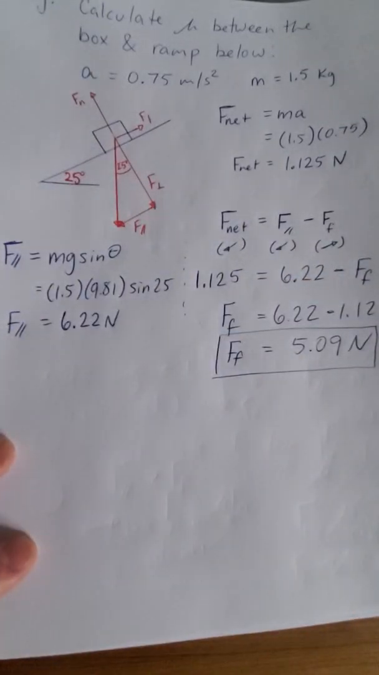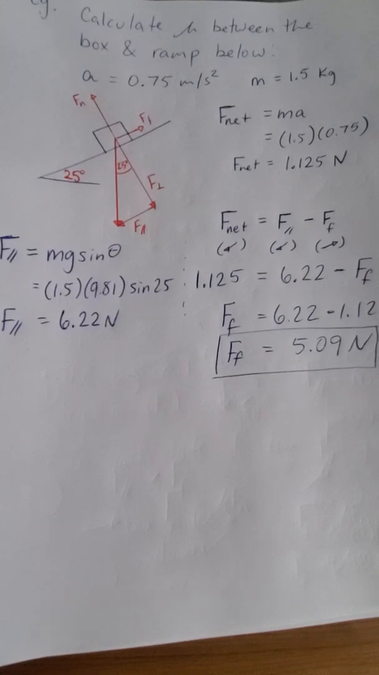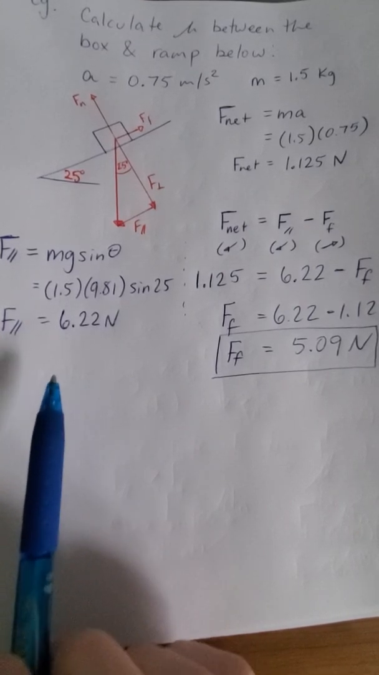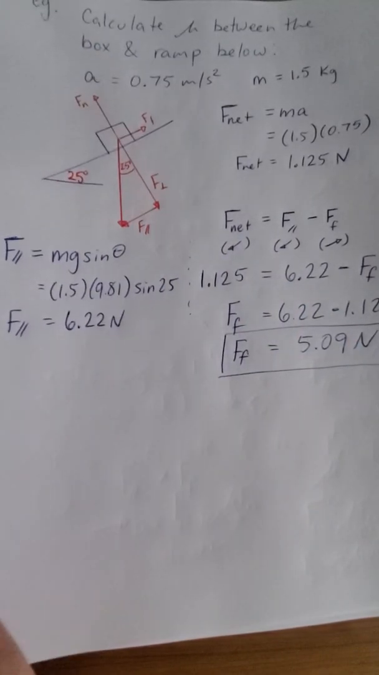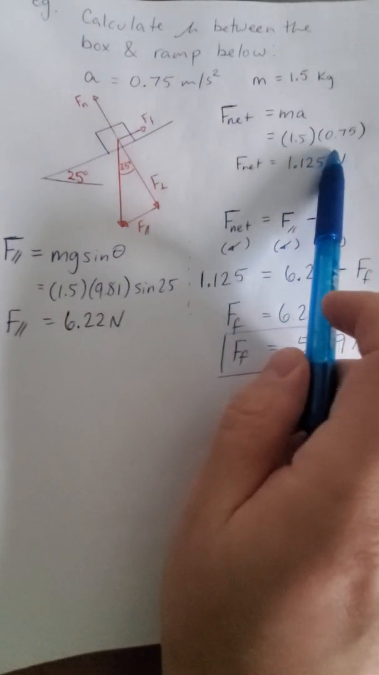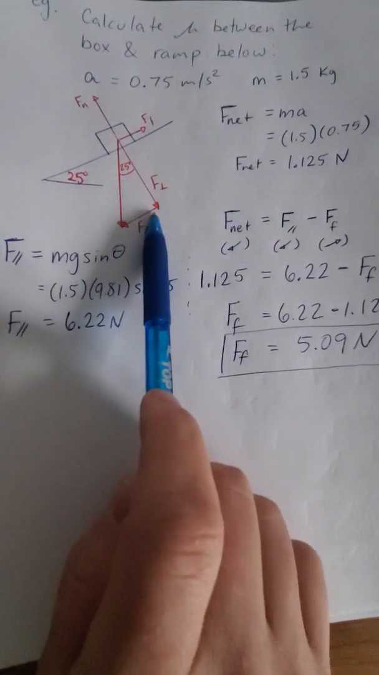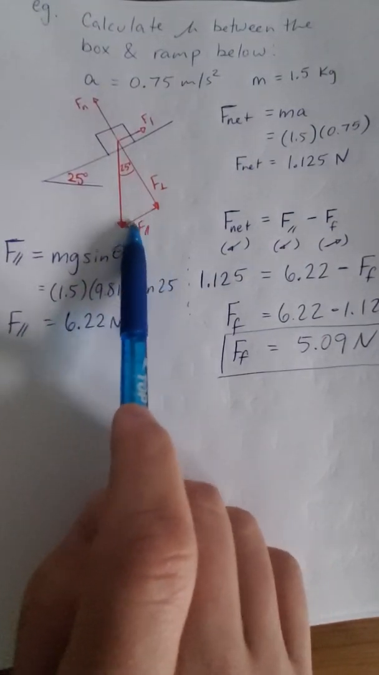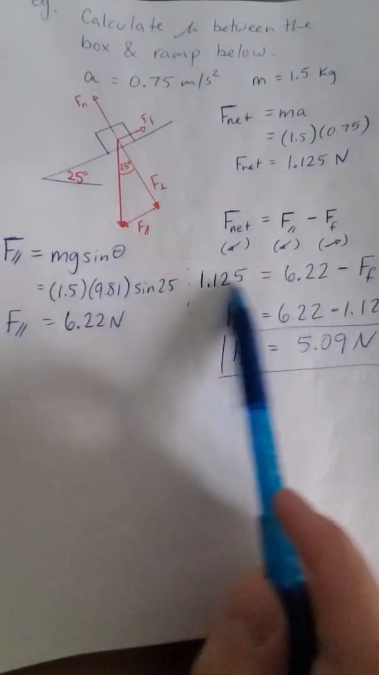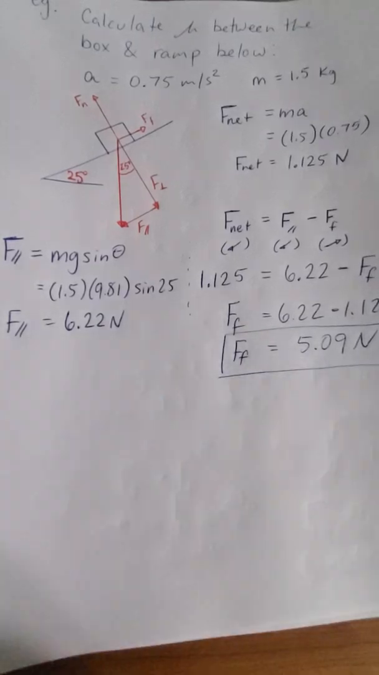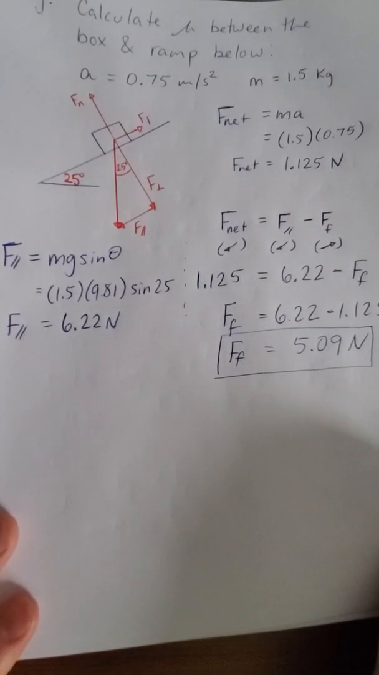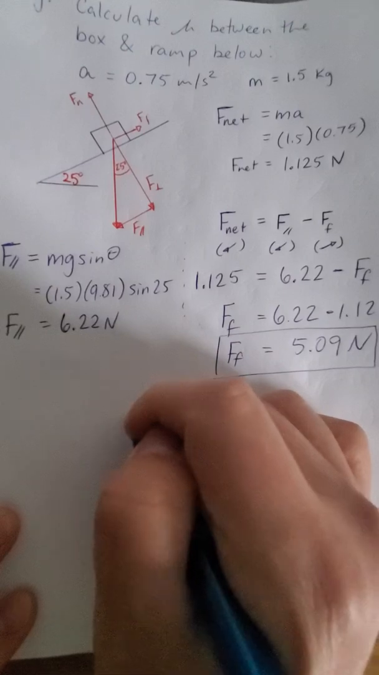Okay, so we need this. We're not quite done, but we almost are. And this is a problem we were already doing. All right, so we calculated the net force, just mass times acceleration. We know that the parallel force is what's pulling it down. The difference is what's holding it up. Okay, so that's that 5.09 newtons. To finish this,